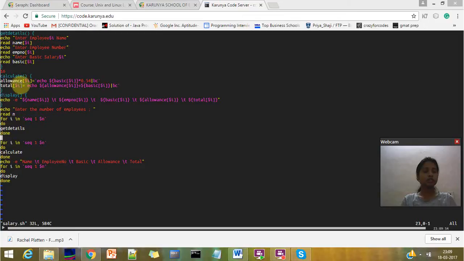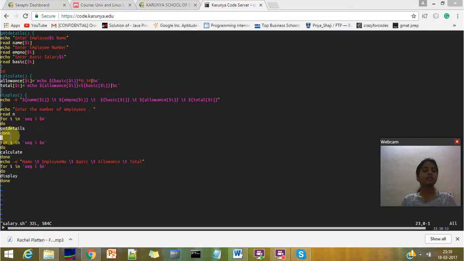It will go to the calculate, it will start from for i in this line. So it will get the details, first invoking the details function call. As I explained earlier, it will get all the basic details like the name, number, and the salary. Then it will return the information back to this function call.